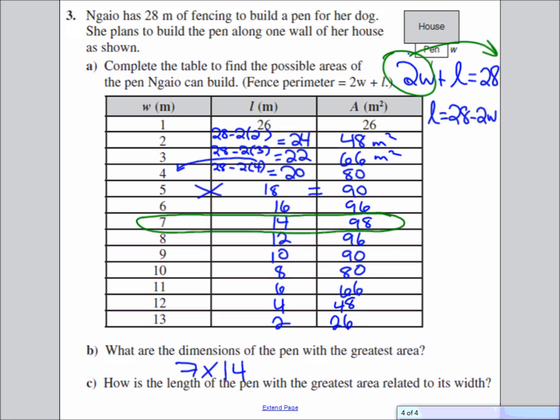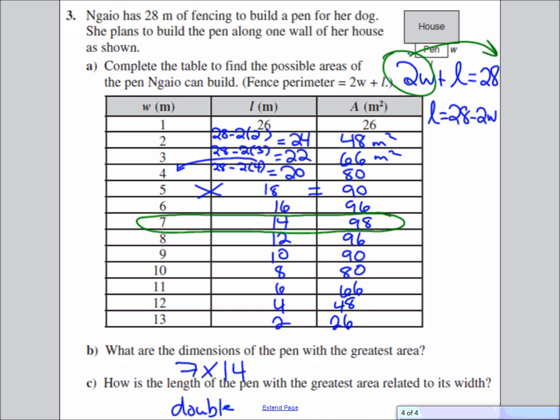Okay, how is the length of the pen with the greatest area related to its width? What do you notice about the length of the pen to the width of the pen? It's double. Okay, so that's what they're saying. So this is generally the case you will get with a